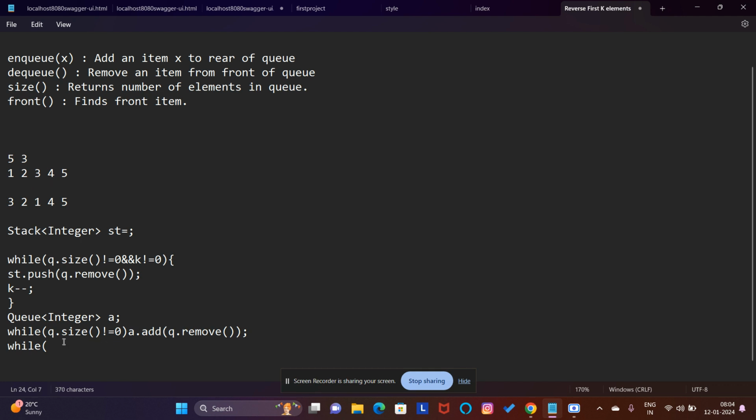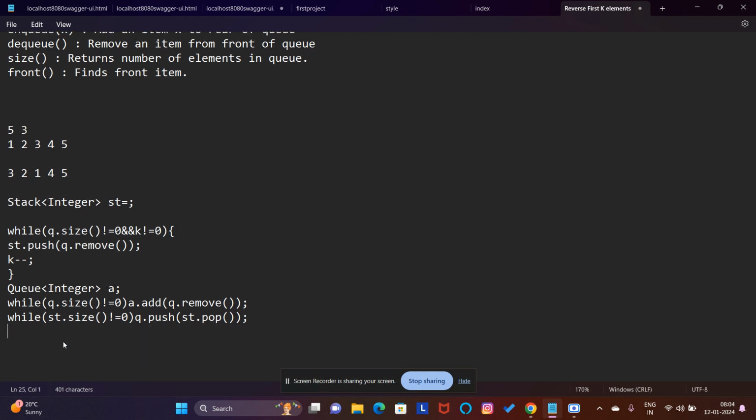So if st dot size is not equal to 0, then we can simply push st dot pop, right? And again, we need to pop all the elements from the helper queue and put them back in the original queue, right? So the original queue,